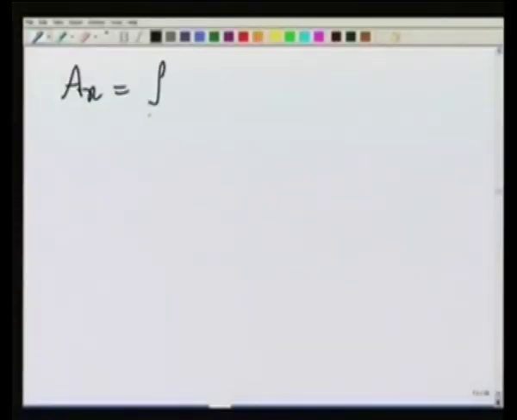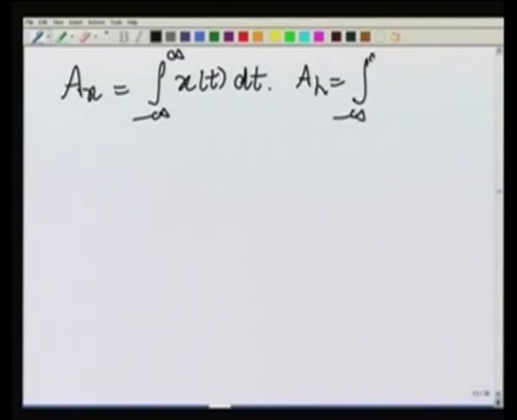The same kind of steps will have to be followed that we followed in the previous case. There are many other properties of convolution that the student can try to prove as an exercise. For example, it can be shown that the area under the convolution of two signals is equal to the product of the areas of the component signals. What I mean to say is, if we define A x as the area under x t, which is of course given by this integral over all time of x t dt, and A h as similarly the area under h,